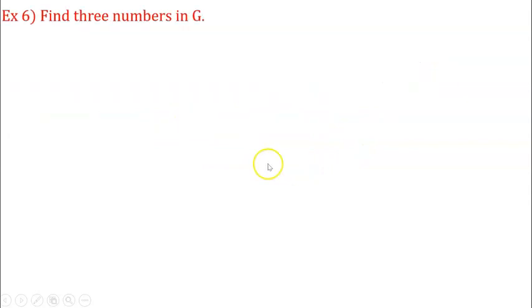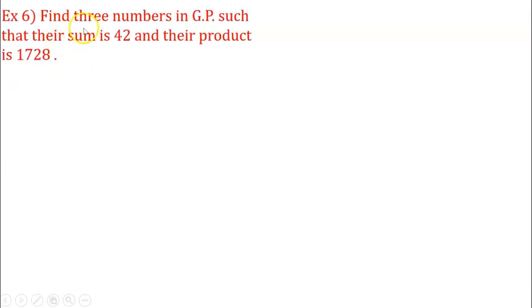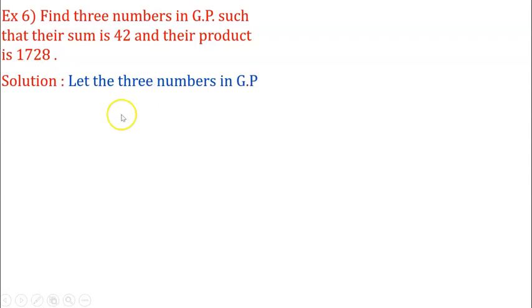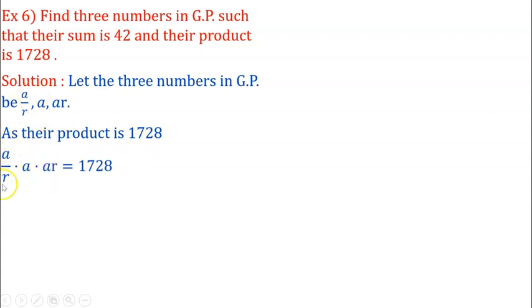Okay. Next example number 6. Find three numbers in GP such that their sum is 42 and their product is 1728. Now solution. Let the three numbers in GP be A upon R, A, AR. A fixed formula. As their product is 1728 and it can be written as A upon R into A into AR is equals to 1728. Here R, R get cancelled. A into A into A. Then you will get here A cube is equals to